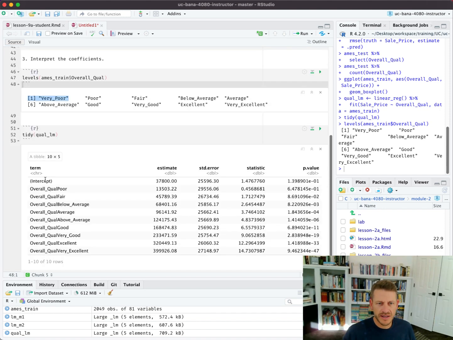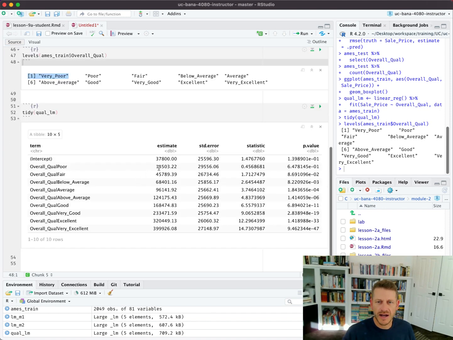So when we see this intercept, what this means is, on average, homes that have a very poor quality listing have a sale price of $37,800. Now, for a home that is considered poor, not very poor, but poor, the next step up, on average the sale price is $13,503